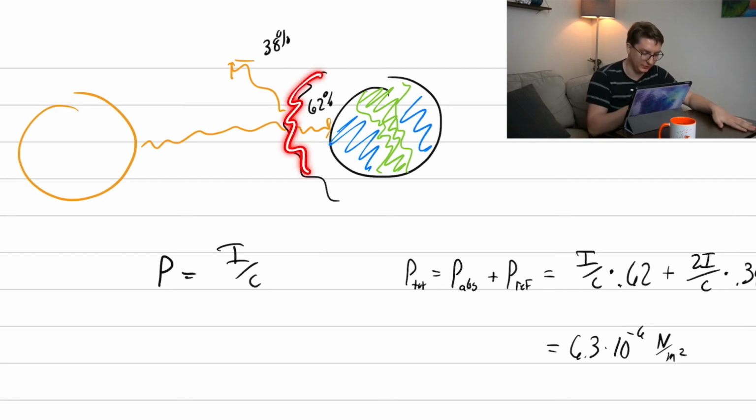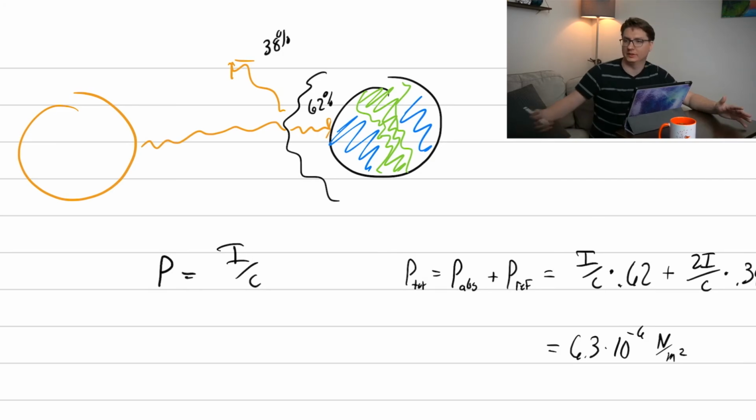So we have an atmosphere. Some of the light comes in and some of it gets reflected out. This is just generally true if you have almost any substance that isn't perfectly dark. A certain amount is going to get absorbed, and a certain amount is going to get reflected or dissipated in some way. Well, you know that everything in this room isn't perfectly absorbing the light because you can